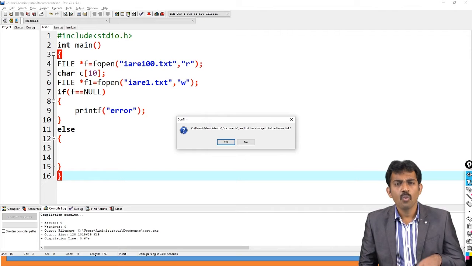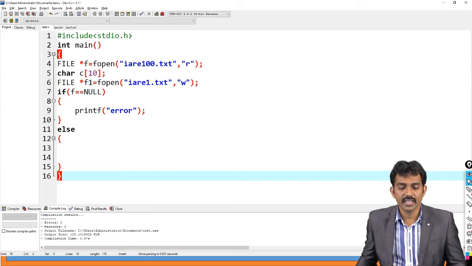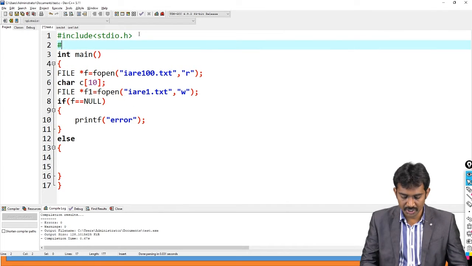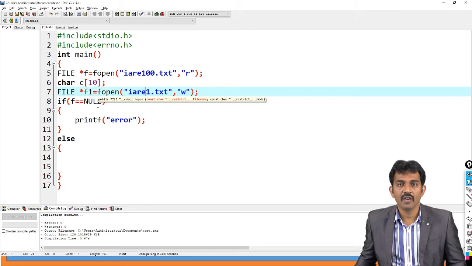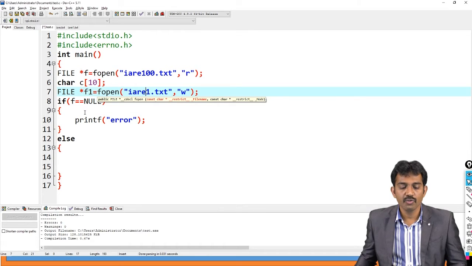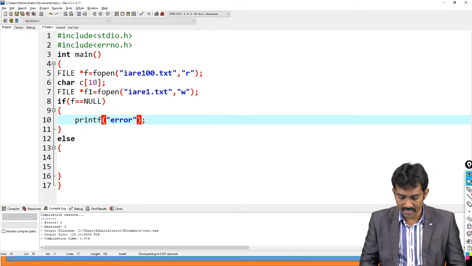But generally, what is this error? If you want to know, you include #include errno.h, and just before this you use printf of errno.